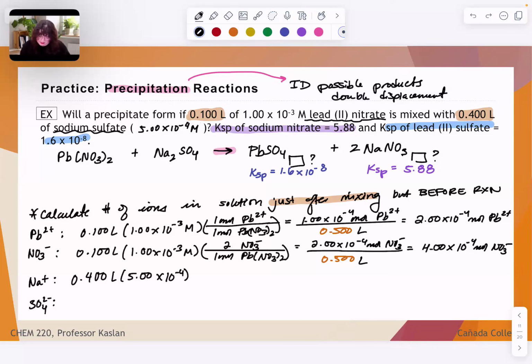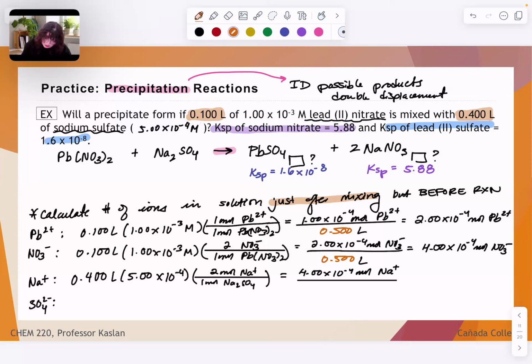And then let's look at the mole ratio in sodium sulfate to sodium. So for every 1 mole of Na2SO4 dissolved, that puts 2 moles of Na+ ion in solution. So let's do this real quick. 0.4 times 5 times 10 to the negative 4, and then times 2. That's 4 times 10 to the negative 4 moles of sodium ion